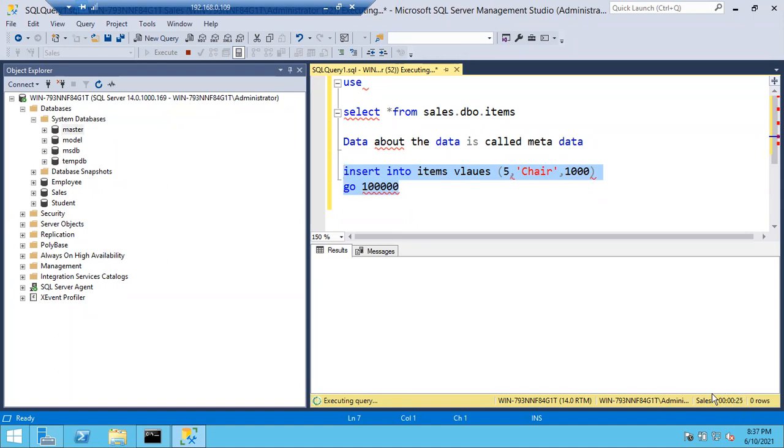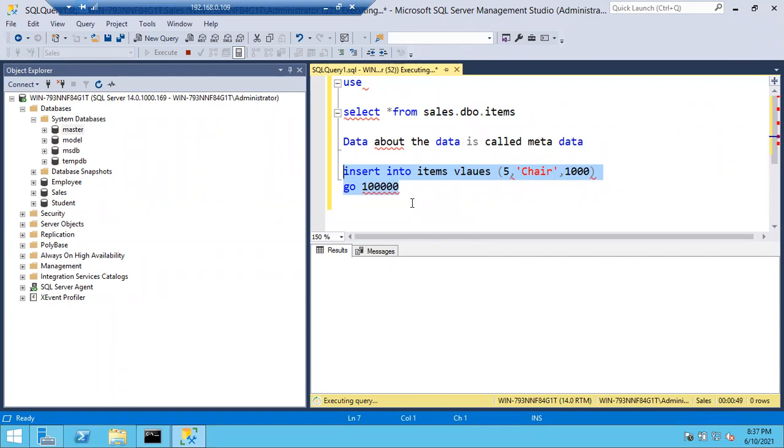You can see the status of the query, on which server it is running, whether it is executing or not, who is running the query by the login name, and on what database you are running it. Once it is completed, the whole 1 lakh records will be inserted.